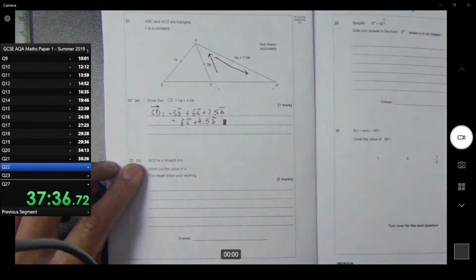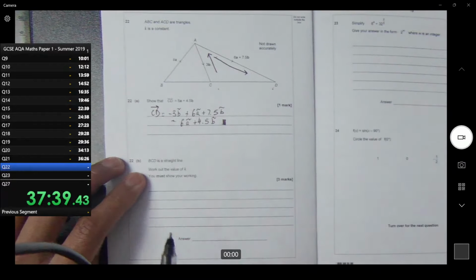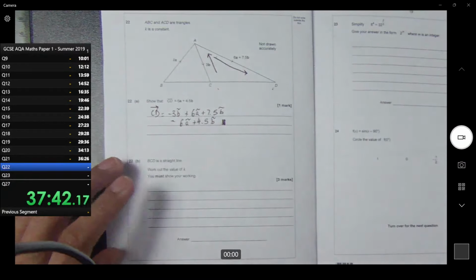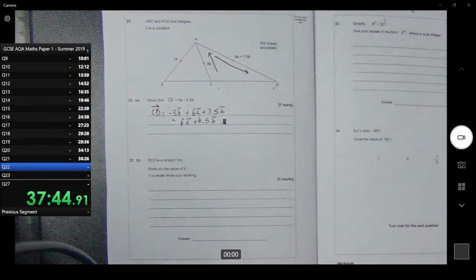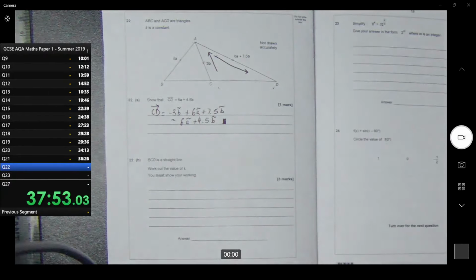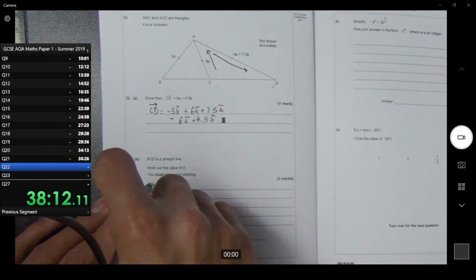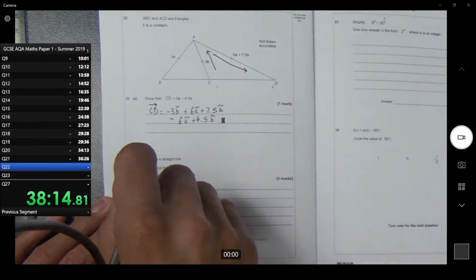And just fill in a little box here to show you've shown what the question is asking for. Now part B, BCD is a straight line. So work out the value of K. You must show your working. Right, so I think that would be a multiple of CD. So if we work out B to C,